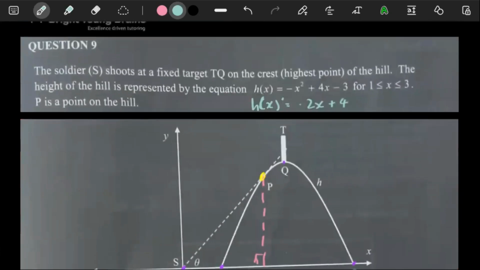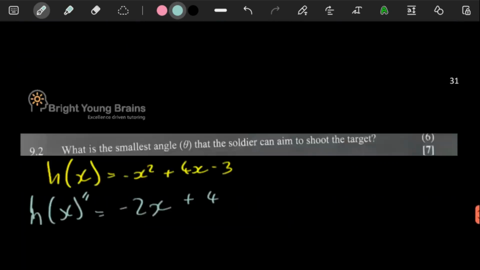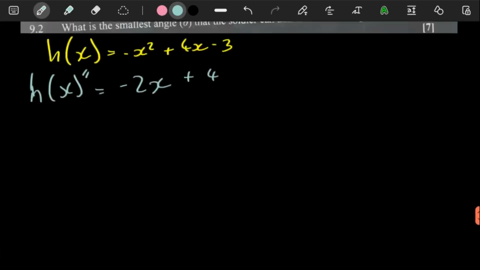Okay, so with this one now, what do we know? A tangent. So specifically at this point, we know that the equation that we have now gives us the gradient at any point. But what we do know is that this gradient at any point is